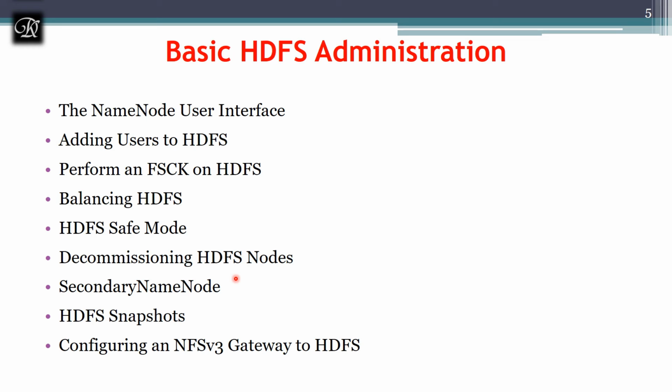Next, we have the secondary name node. To avoid long name node restarts and other issues, the performance of the secondary name node should be verified. Just recall this, which we have discussed in the first module, that the secondary name node takes the previous file system image file from the FS image and adds the name node file system edits to create a new file system image file from the name node to use when it starts. This can be done by editing the hdfs-site.xml file, which we have already discussed.